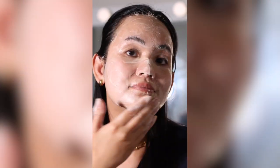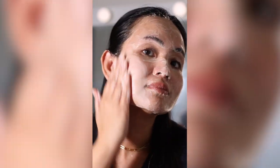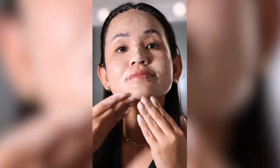I also find that when I was using this, I don't have a lot of breakouts, which makes sense because this one has salicylic acid in it. I was careful when I was using this though. I wasn't using it every day. I was using it 2 to 3 times per week